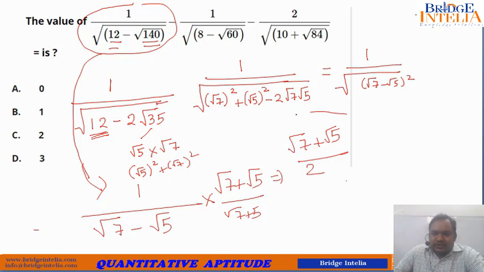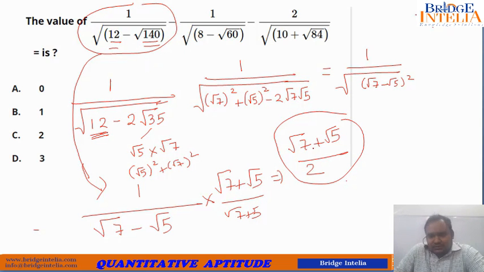So you see, the first term, which looked so complicated, is actually so simple to figure out, but you will have to go through this process. This is what you have to do with all the other terms. The first term I have already done. You do it for the second and third term, and let's see what happens. If you try to solve, you will realize that the first term we have already solved.